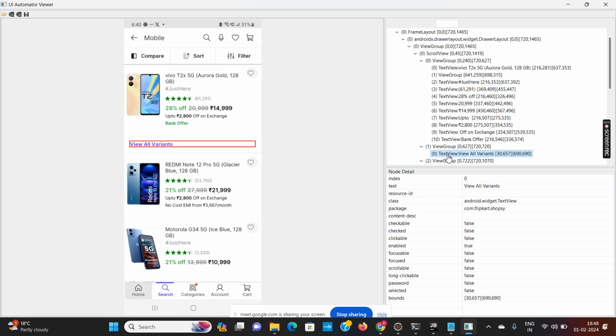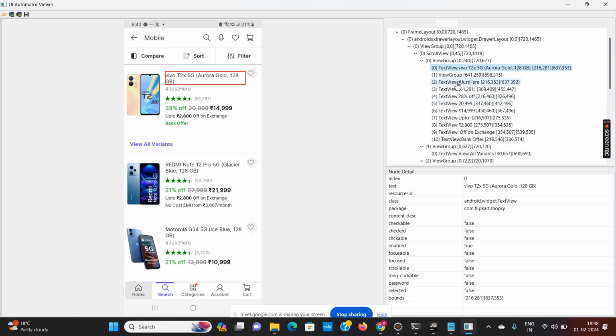Okay, so we are getting all the text. We want to get all the text view here, all the text view with the index position 0. Text view index position 0.